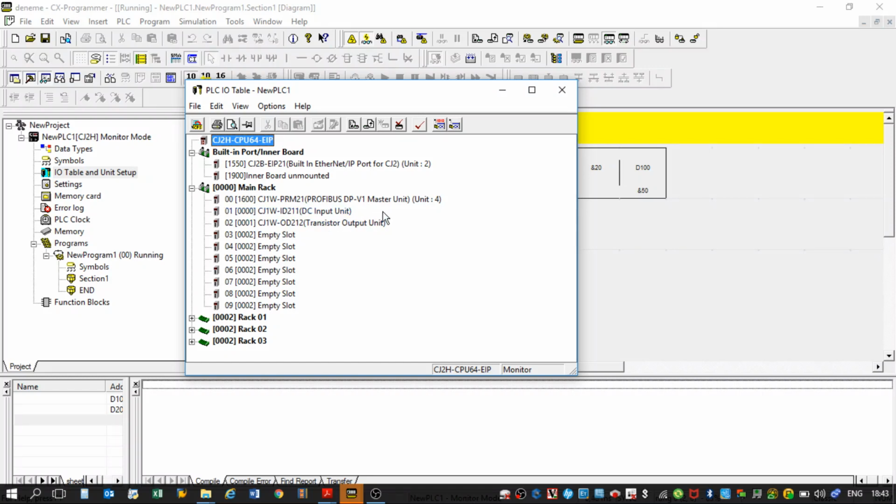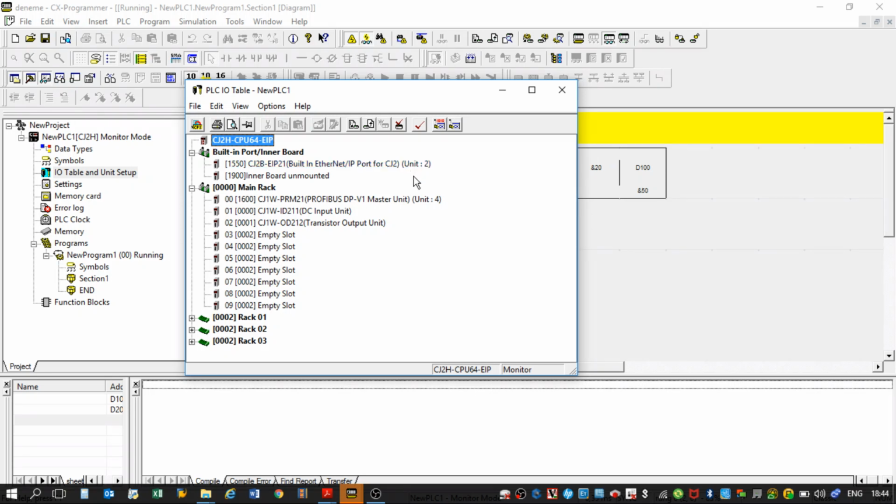When you start an automation project, you will have inputs and outputs. Maybe you will have digital or analog IO, and you will have a Profibus master or DeviceNet or other things. So in reality, for the CPU we have unit numbers, or we can say an ID of the